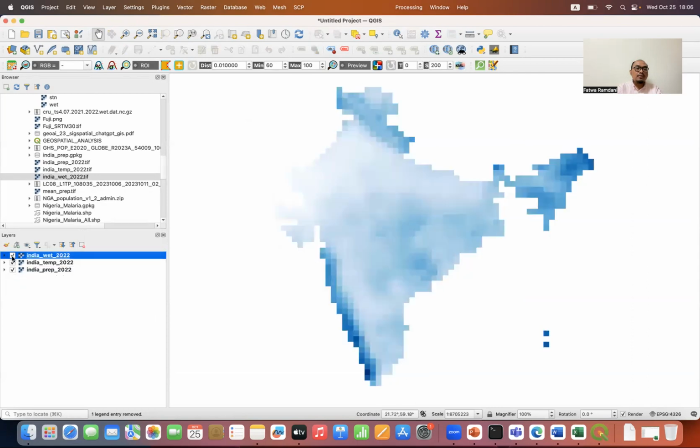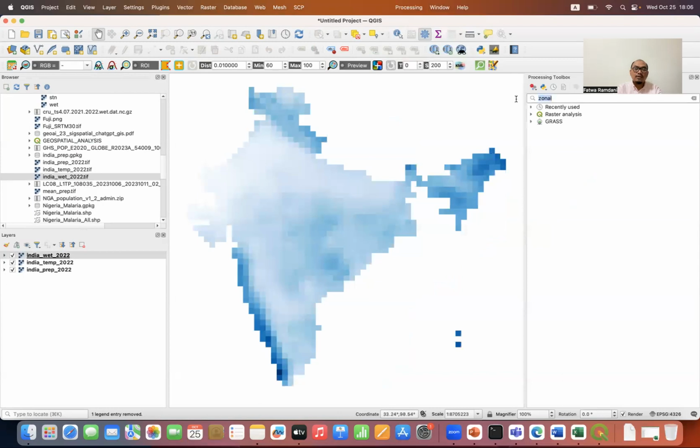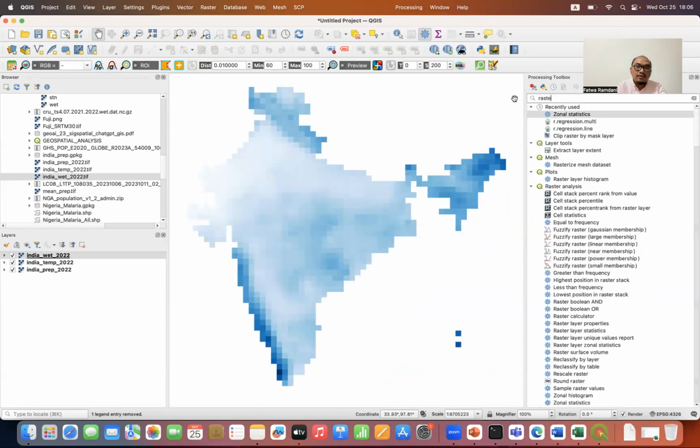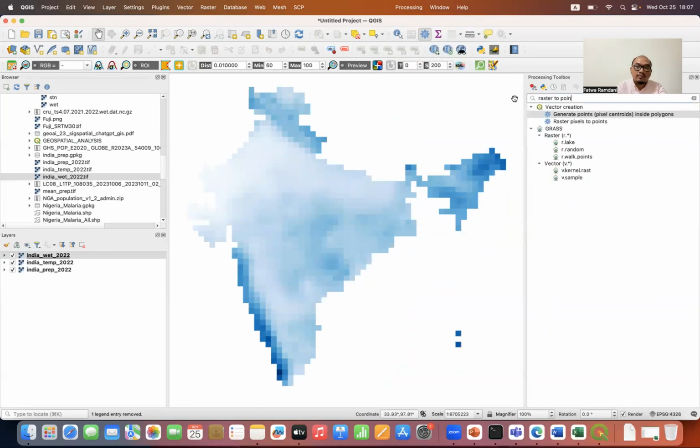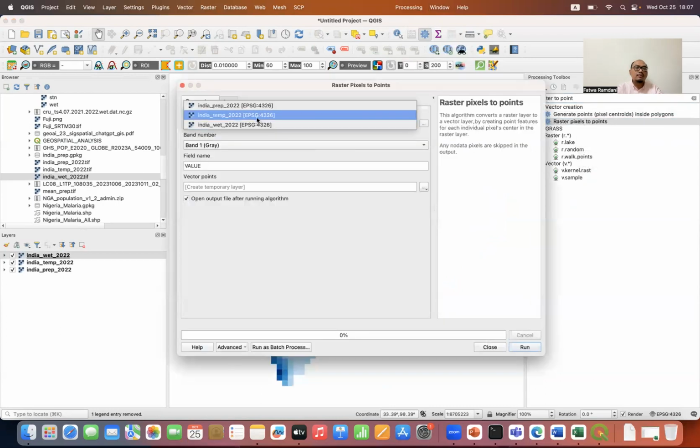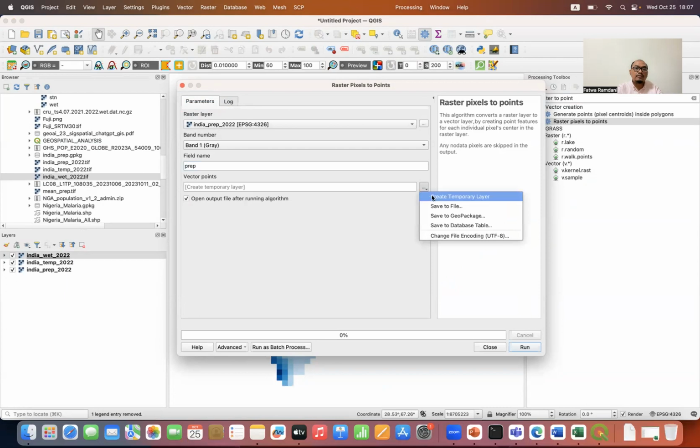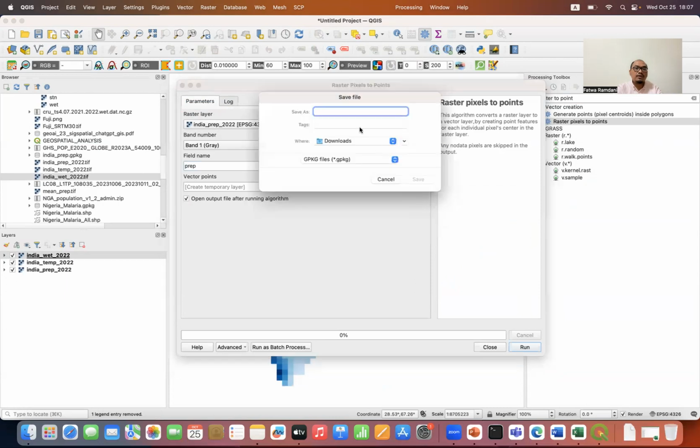Next, we want to extract the value because we want to do some more further statistical analysis. Okay, so you may go to processing toolbox and just type raster to point. Select this one, raster pixel to point. For example, this is precipitation, the value name is prep, and the vector point is save to file and select